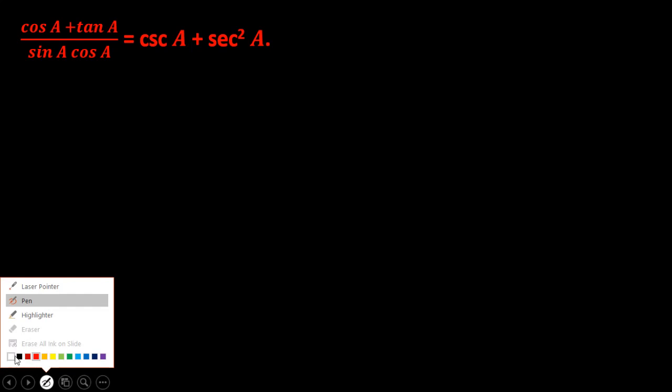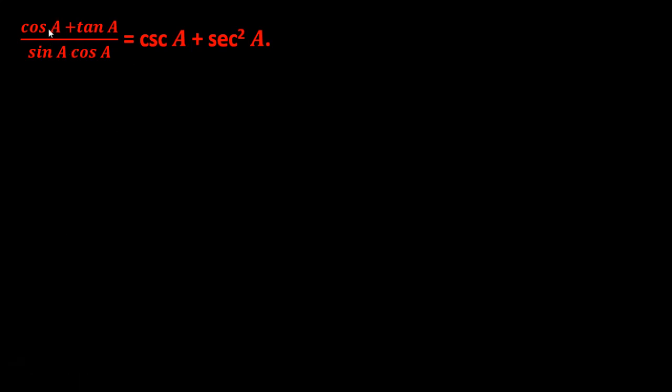So the first one is (cos A plus tan A) over sin A cos A is equal to cosec A plus sec squared A. So I'm going to write my solution. Then I'll pick the left hand side. So I can say taking the left hand side, which is just LHS, which is cos A plus tan A